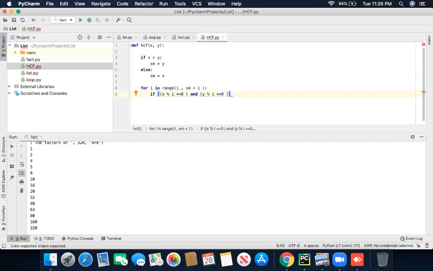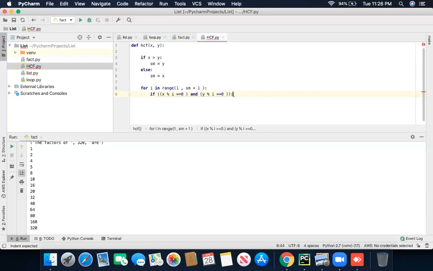And y modulus i equals 0, bracket, bracket. Have you got it?